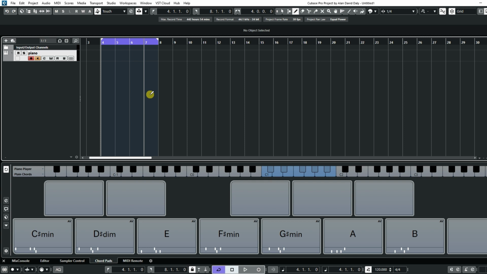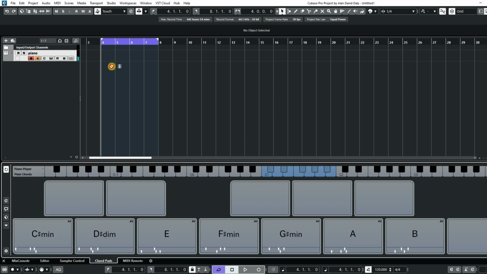Now what we want to do is grab some chords and put them into our project. We go back up and grab our pointer. We'll start off with the C and just drag and drop it. Then we'll go for a B. We'll go for an A. And we'll grab an E. And that's our 4 chords. If you press play,